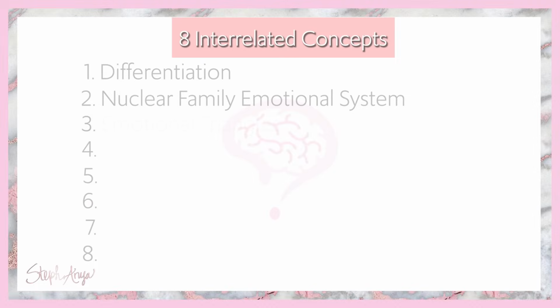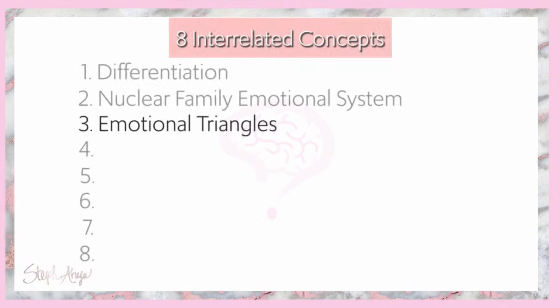The third concept is another concept that is, I would say, on the same level really as differentiation when it comes to identifying Bowen's model: emotional triangles. When you are dealing with an unstable family unit, particularly when two partners have gotten together and neither of them is differentiated and able to separate their emotions from their thoughts, right? If you have this situation, one of the easiest ways that they deal with that lack of balance is by channeling or involving a third party.